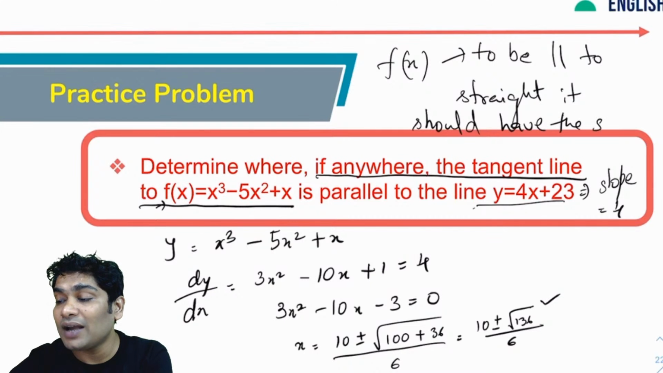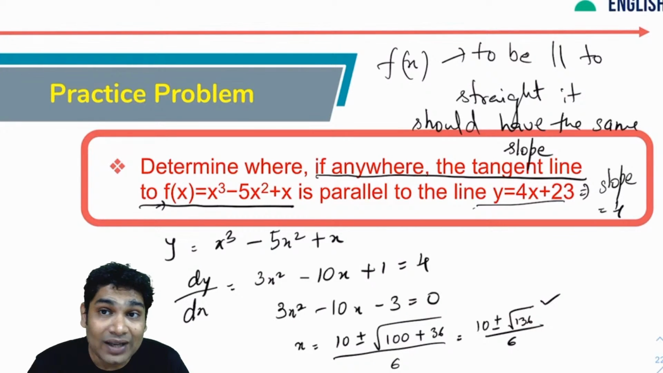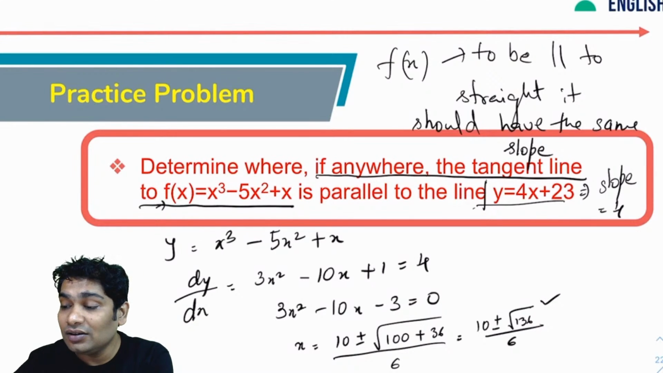Have the same slope as the straight line. If the slope of the straight line and my graph or the tangent is the same, then they will be parallel, alright? What is the slope of this? This is a straight line, y equals mx plus c. This is m